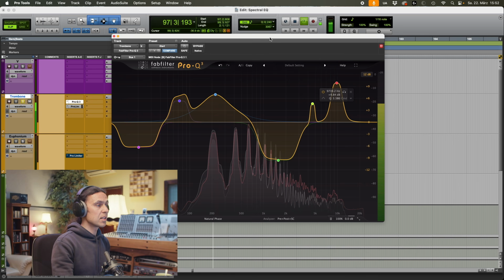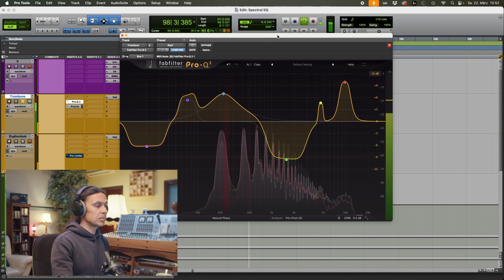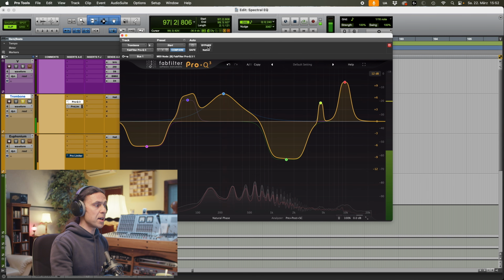So basically you play the piece that you want to match, you play it a couple times, let the EQ listen to the incoming signal and try to adapt the curve, and then you hit finish, and then this is what you get. If I bypass it,